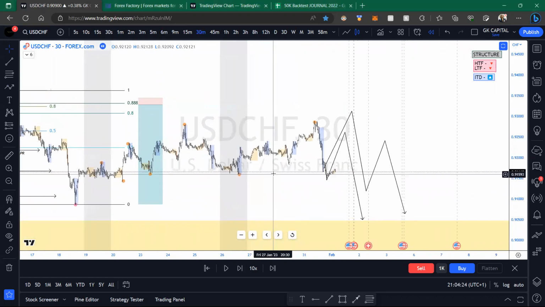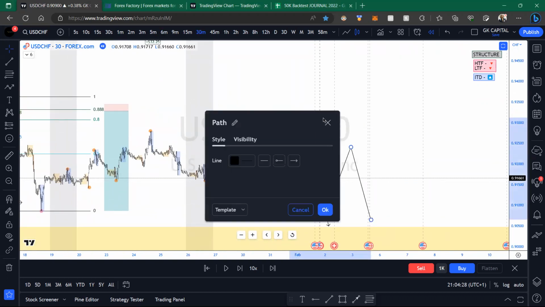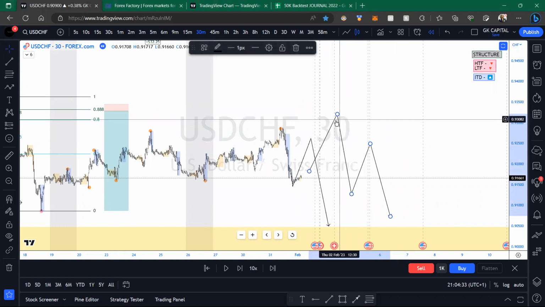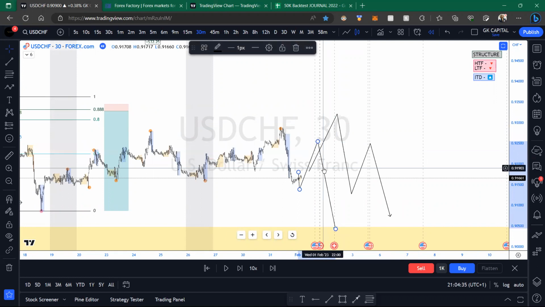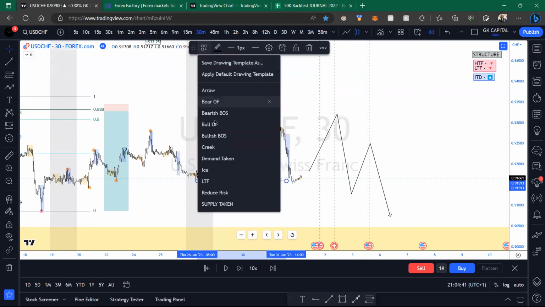Okay, so we've got that. Again, just because we've got that does not mean we don't get this one. It does not. We could also very well get that, but because we got the break, it does allow me to go ahead and take a trade. That's all that it does.